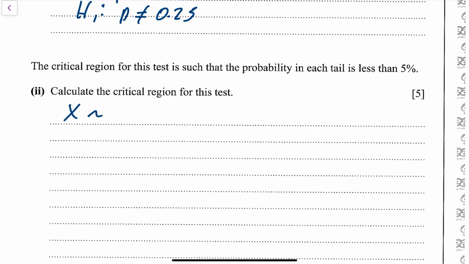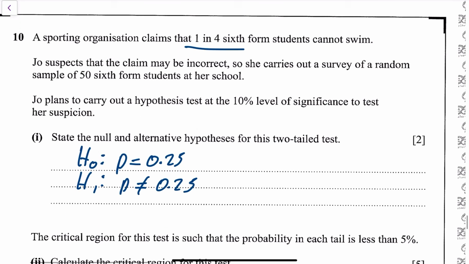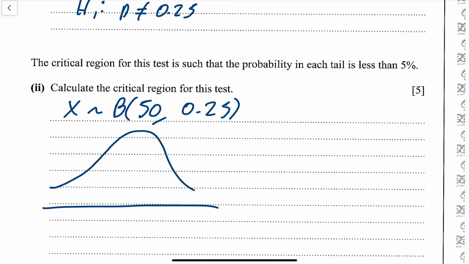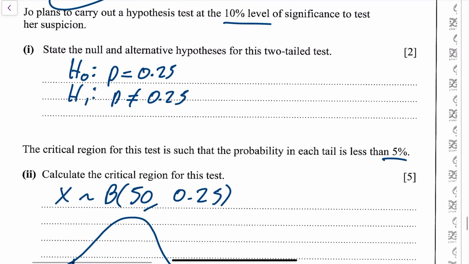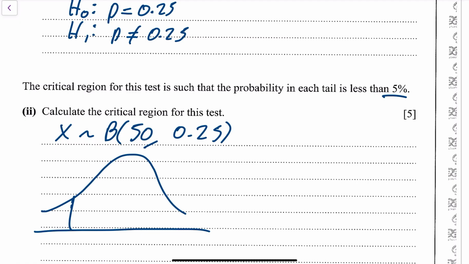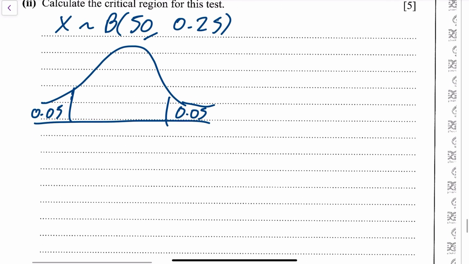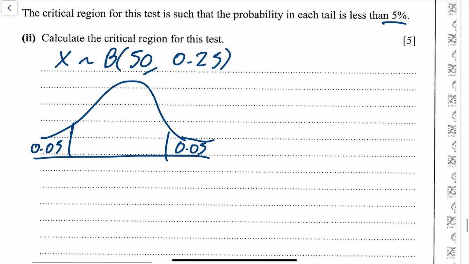So first of all, before I do anything, X is distributed binomial. We had 50 people, so n is 50. Our probability of success is 0.25. And it's a two-tailed test because H1 is p not equal to 0.25. And it was at 10% level, so it should be 5% at each end. So 0.05 and 0.05. So we want to calculate the critical region, and sometimes it says,